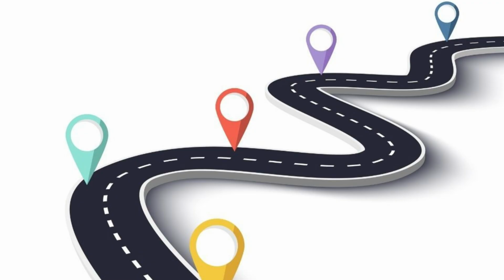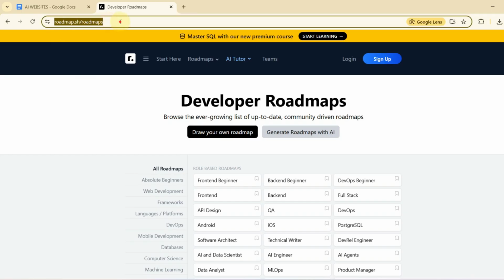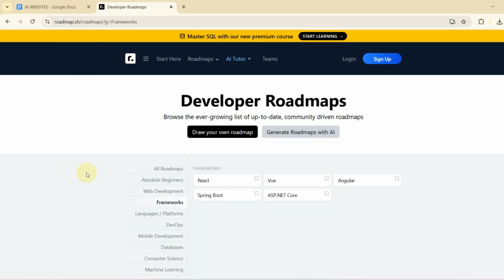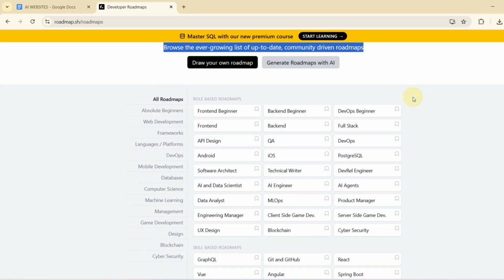Hello everyone, I'm going to show you one of the best websites where you can find a lot of roadmaps, like roadmaps for programming languages or any other computer-based concept. For this, we are going to use a website called roadmap.sh. In this, you can find a lot of role-based roadmaps like backend engineer, DevOps engineer, front-end engineer,